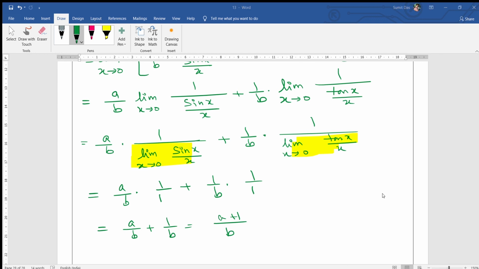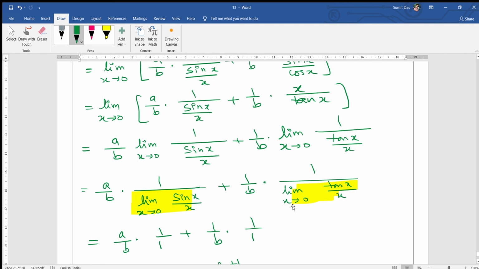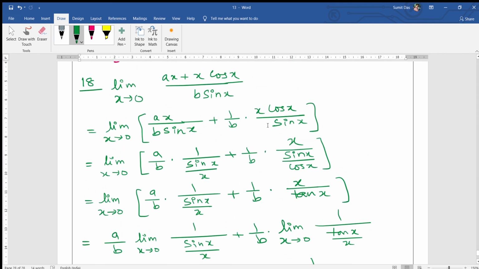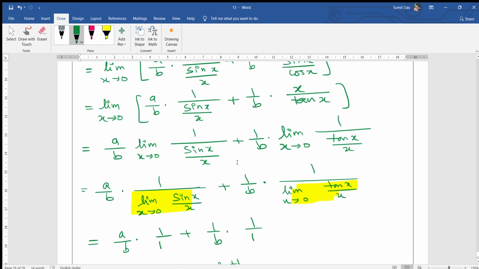So this question looks very complicated and long, but it is not. I just have to follow the steps. Otherwise, in JEE Mains or any other competitive exam, we used to solve this question in 2 lines only. Understood? So these are the things.